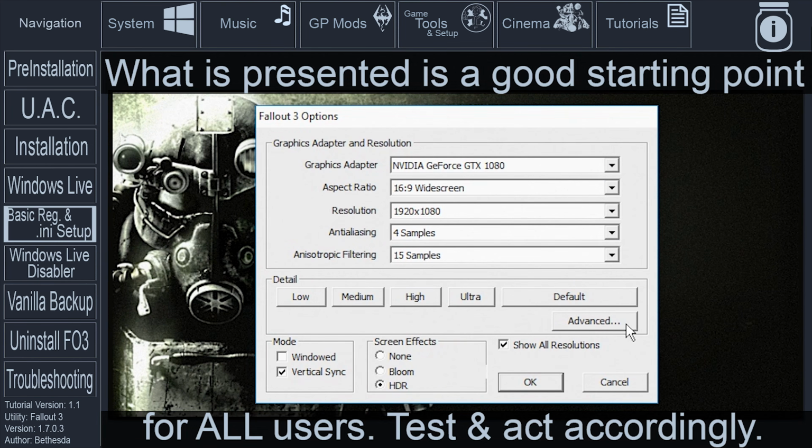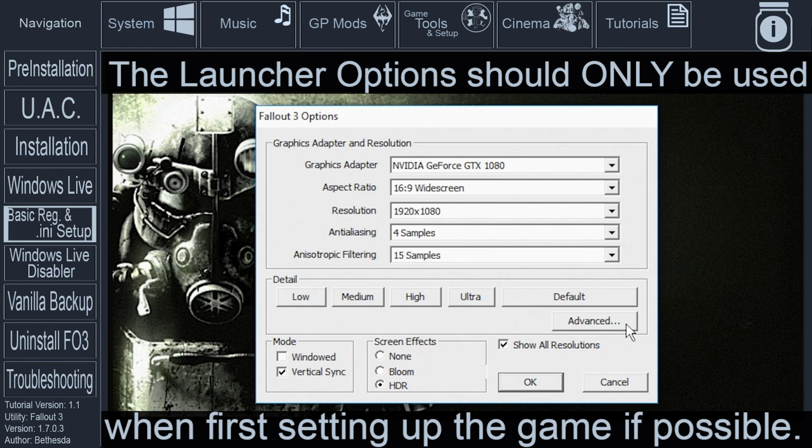All of the settings mentioned from here on can be raised, lowered, and/or turned off and on to trade quality for performance. Test them for your own system. While modding your game will use more and more resources over time, these settings are a good, middle-of-the-road starting point for everyone. Furthermore, changing any of the settings from here on out within the launcher window will reset your INI